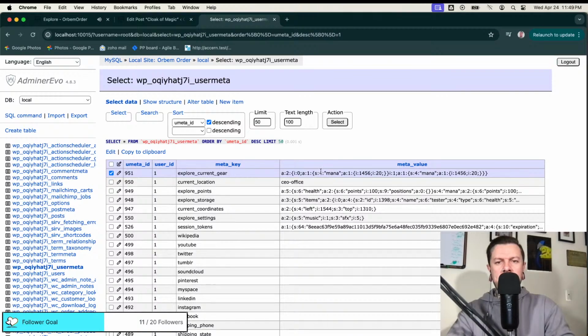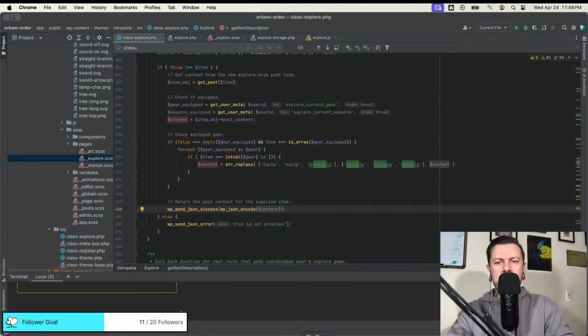It's an array of manas. And then no, it's an array of indexes. So technically, it could be mana or health.